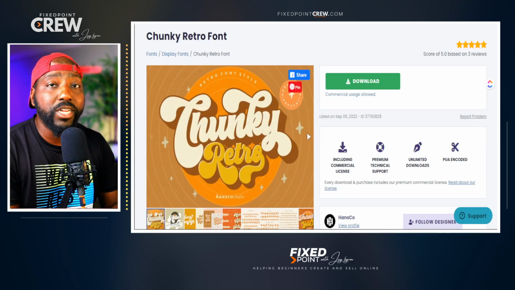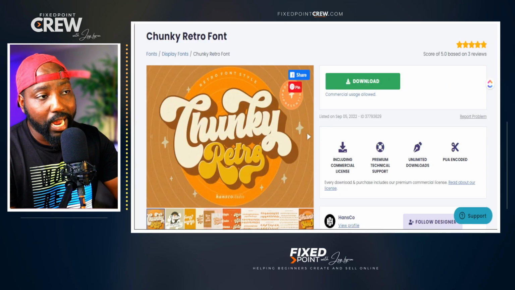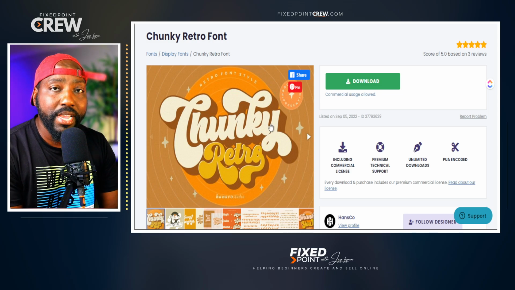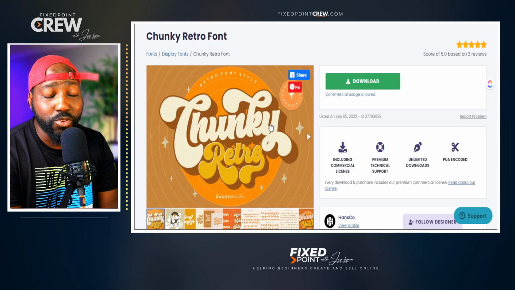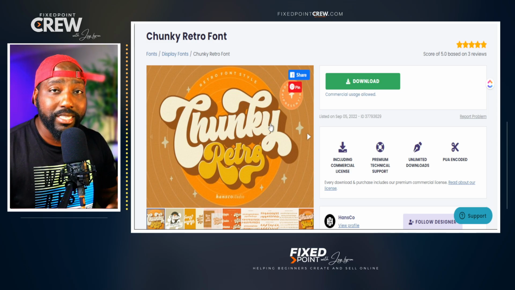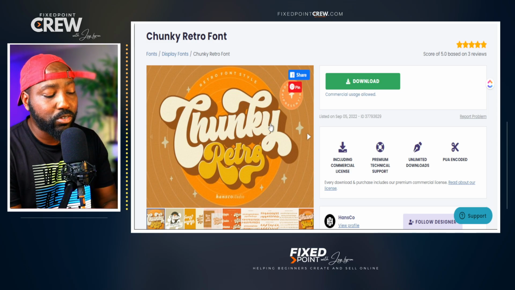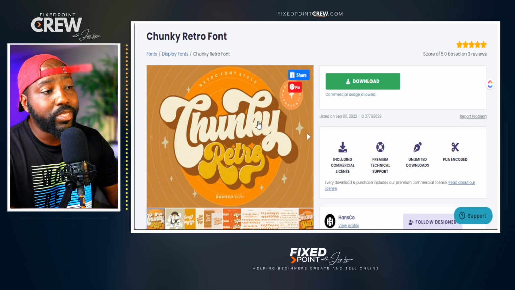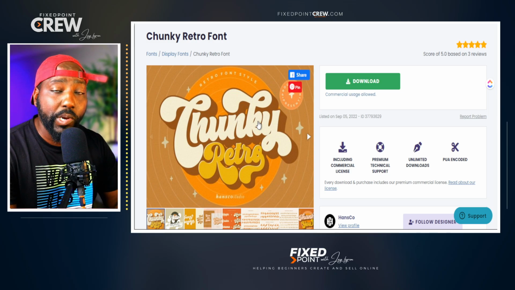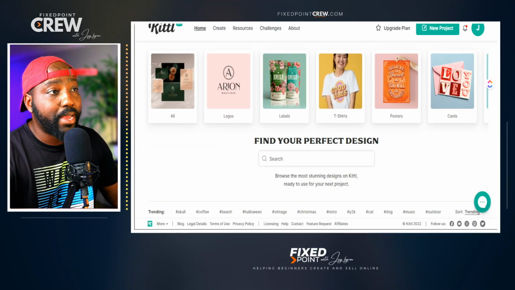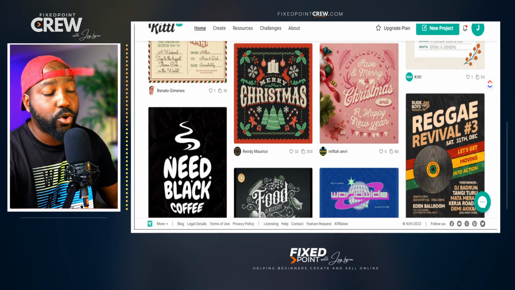But one of the things I really like about Kittl is I can download these type of fonts. Kittl makes it so easy for you to grab those special letters and add them into your design. I tried it with Canva and it was a little challenging. There is a way you can do it, but Kittl just makes it so seamless and so easy for you not to get out of your design studio, but to really stay in it and still create some things. That being said, I want to go ahead and download this, upload this into Kittl, and then we're going to start creating our design. So we're going to go ahead and jump into Kittl and utilize Kittl for our text-based